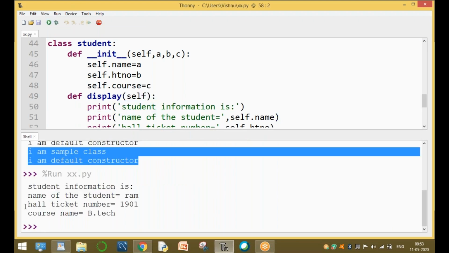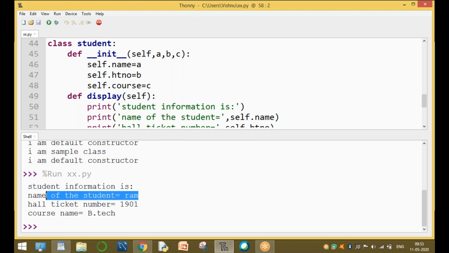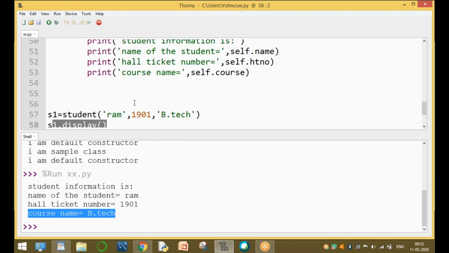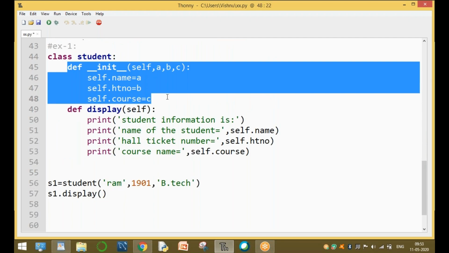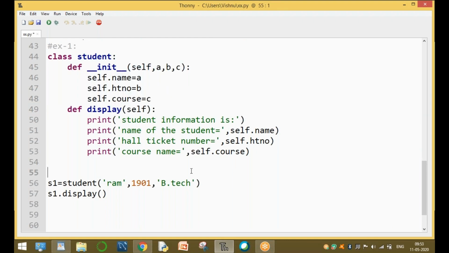Run the program. The student information is the name value, hall ticket number value, and course value. So that is initialization and displaying. The main purpose of a constructor, either default or parameterized, is to initialize the values of the class level variables.